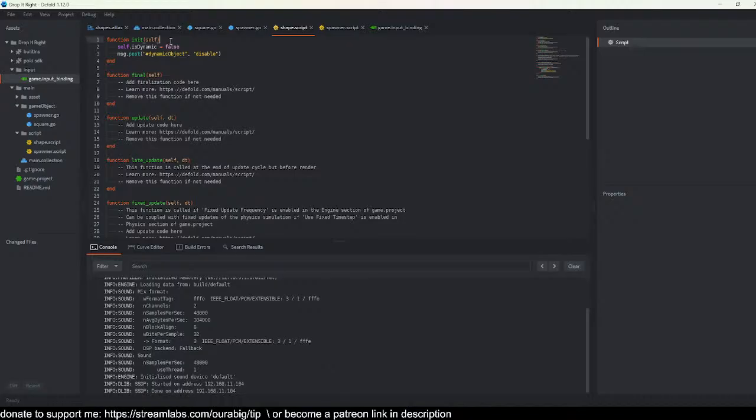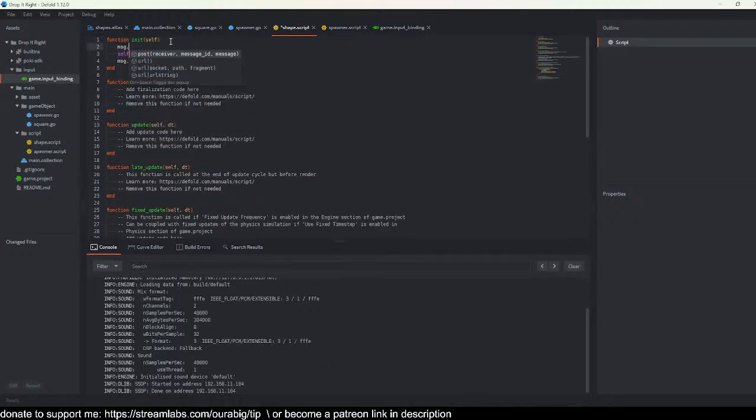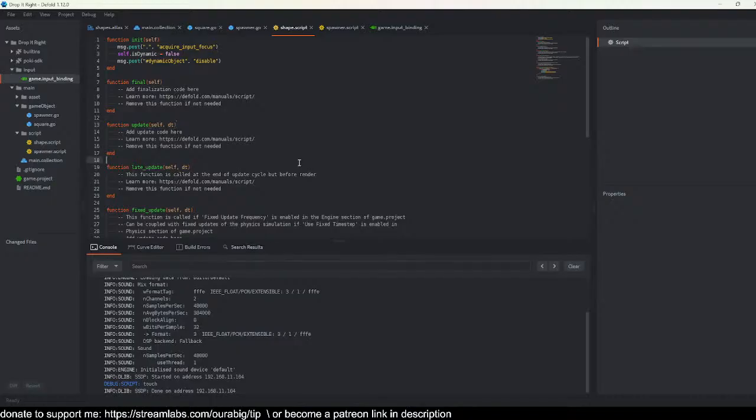Okay, so I found the problem. I always forget this. It's the acquire input focus. Why do I forget this? It's required by default that you actually acquire input focus. It's a funny one-liner, and always when I start a default project and try to make input work, I just stay like 30 minutes having a problem, and touch is now actually detected. So, and yeah,